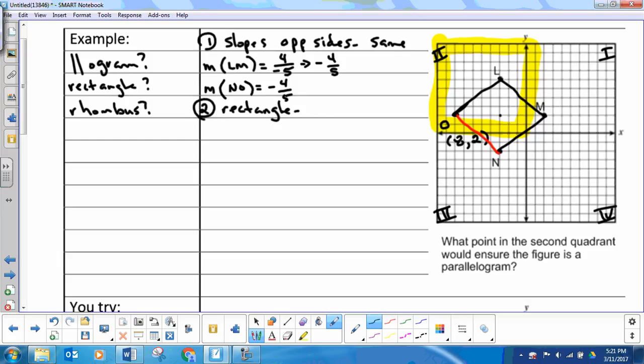And for that, we're going to confirm what the adjacent slopes look like. If they're perpendicular, then we definitely have a rectangle on our hands. So let's look at the slope of LM, which we know to be -4/5. And then let's take a look at the slope of OL